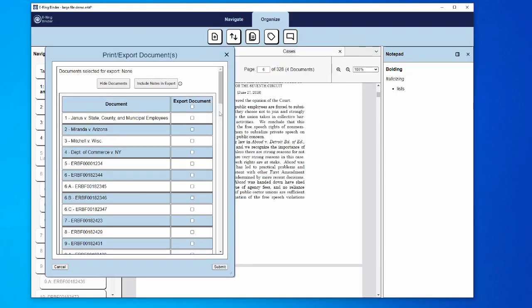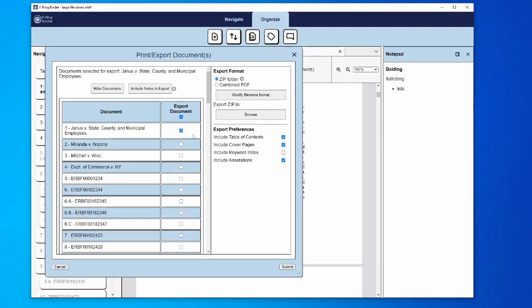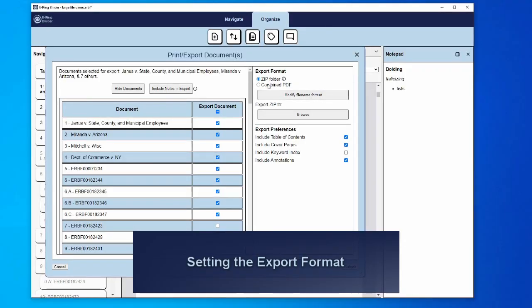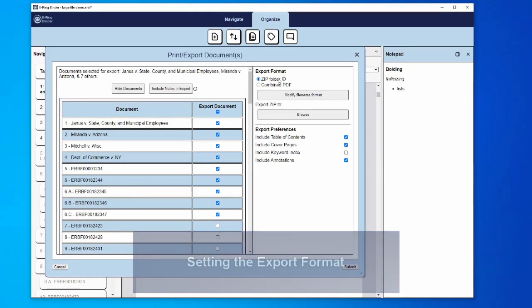Doing so will display a grid containing all of the documents in your binder, as well as checkboxes indicating whether each document will be included in the export. You can click the checkbox to change whether a document is included in the export. On the right side of the screen, you'll see the ability to change your export format between a zip folder